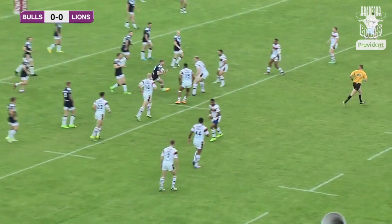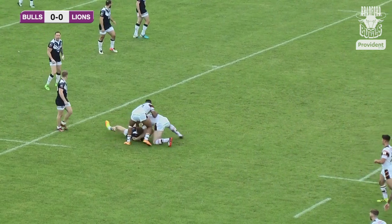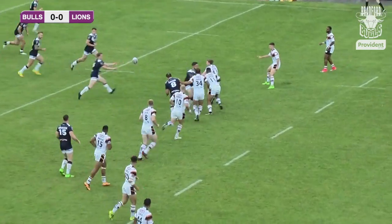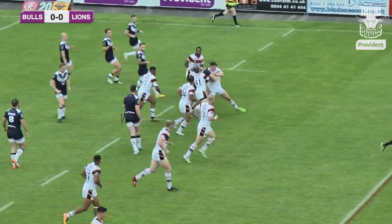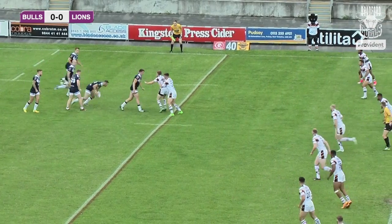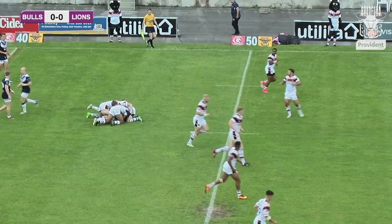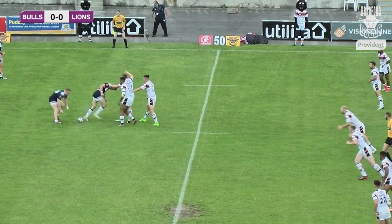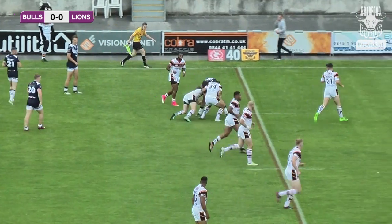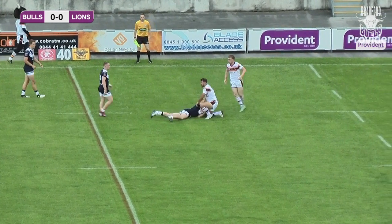a first run at the ball and Bradford's defence to stand up and be counted. Liam Kirk in there puts on a good hit with John Magrin to bring down the Swinton attacking player. The ball going through hands and Swinton moving it from one side to the other, and again Bradford's defence is asked questions. James Bentley in there with Corey Aston, James Bentley again making up another tackle more or less on the bounce with Corey Aston, so them two working well from the off as Swinton move the ball through hands, and that will stay with Chris